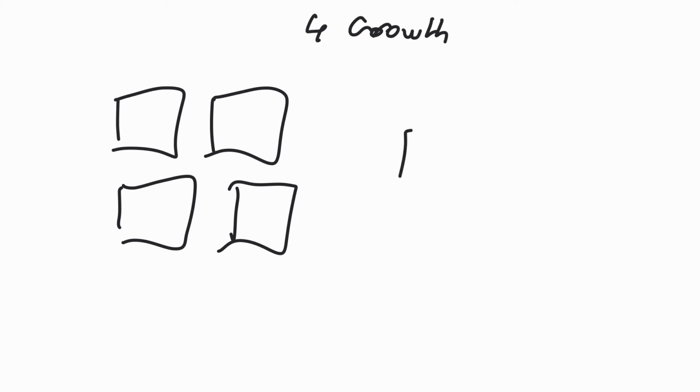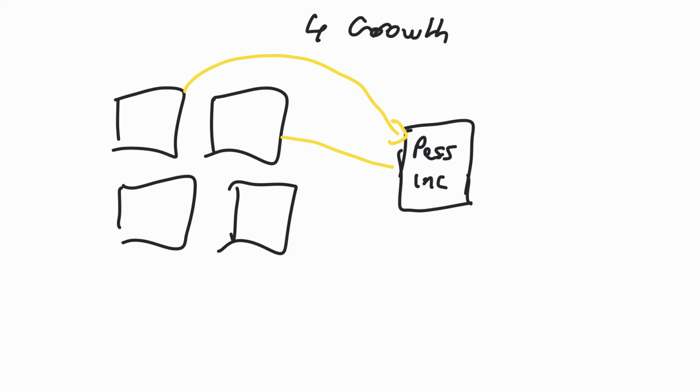So me, for example, my business here is, let's say, passive income, okay? So this is what my Instagram account is talking about. So what I'm going to do is find other accounts that talk about passive income, and I'm going to get these people to follow me, okay? How do I do that?